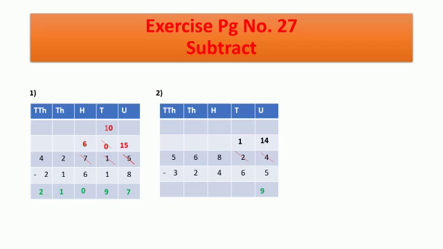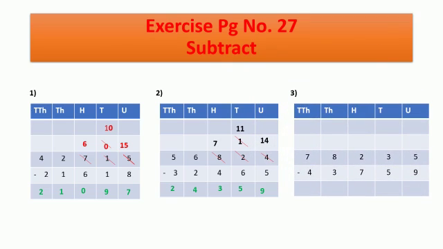Now in the tens place, 1 minus 6 is not possible. So again we are going to borrow one number from the hundreds place. We are going to borrow one number from 8. After borrowing one number from 8, 8 will become 7. And in the tens place, 1 will become 11 because we have borrowed one number from the hundreds place. 11 minus 6 is 5. In the hundreds place now, 7 minus 4, answer is 3. 6 minus 2, 4. 5 minus 3 is 2.